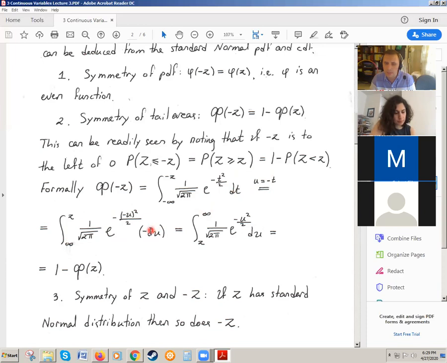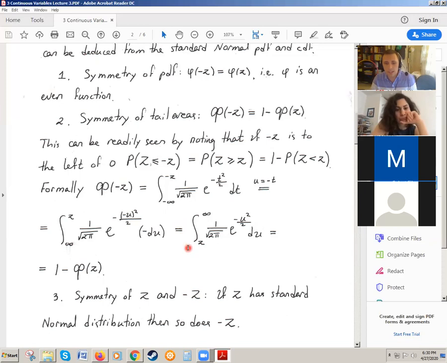I take this part, it's equal to that part. And then I take this minus and put it in front, and you know that when you have a minus in front of an integral, it disappears once you invert the integration limits. So if you replace it to be the integral from z to infinity, there is an extra minus coming out, and then the minuses cancel each other out, and I get this. That's just an integral from z to infinity, which is 1 minus the integral from minus infinity to z. See? So I verified this property using calculus.